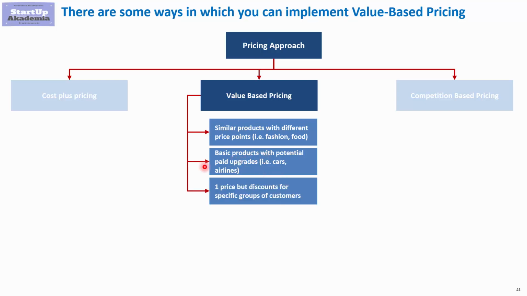In the third approach, we have one price, but we will offer many discounts for specific groups of customers or for specific behavior. If you're a student, for example, you pay less. If you buy more, you will also most likely get a higher discount. Discounts can also be given for other things. For example, during the work week you will get a discount, whereas if you come during the weekend, you will have to